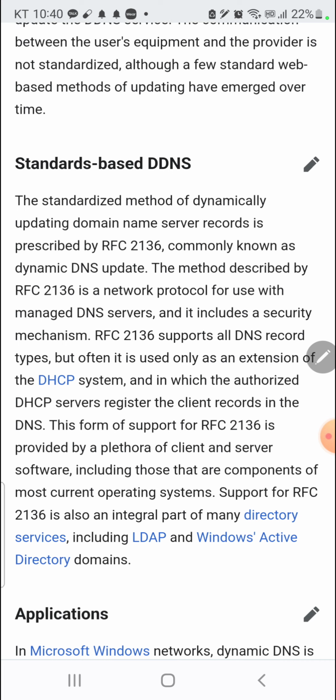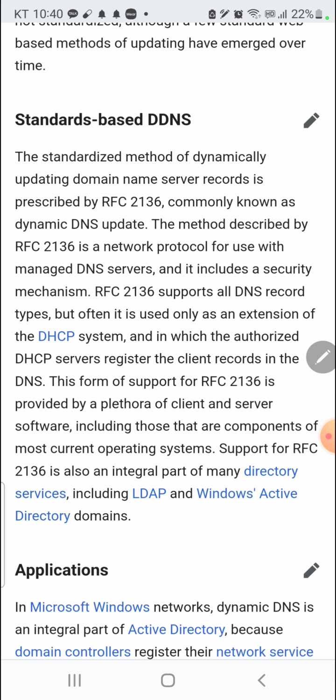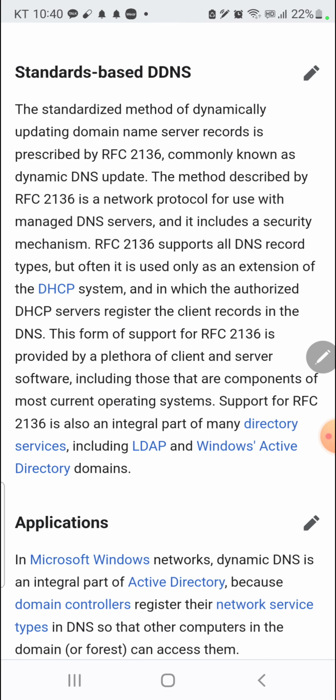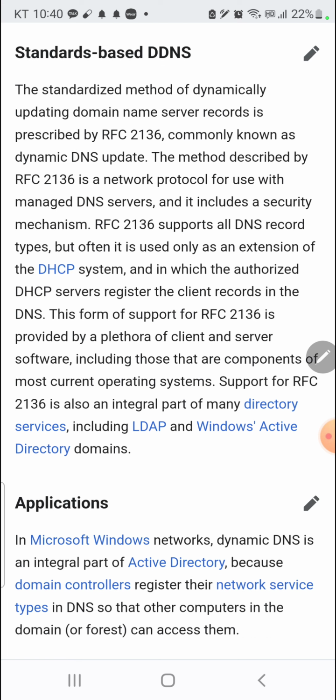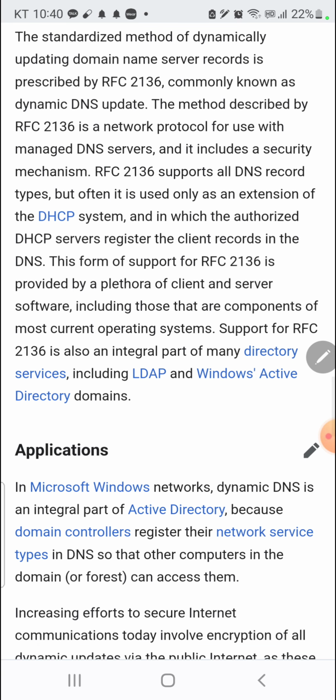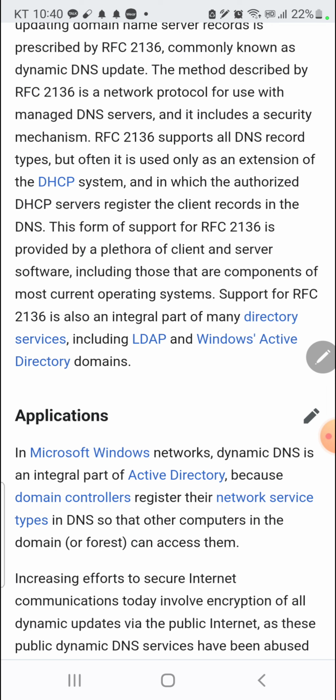Standards-based DDNS. The standardized method of dynamically updating domain name server records is prescribed by RFC 2136, commonly known as dynamic DNS update. The method described by RFC 2136 is a network protocol for use with managed DNS servers, and it includes a security mechanism. RFC 2136 supports all DNS record types, but often it is used only as an extension of the